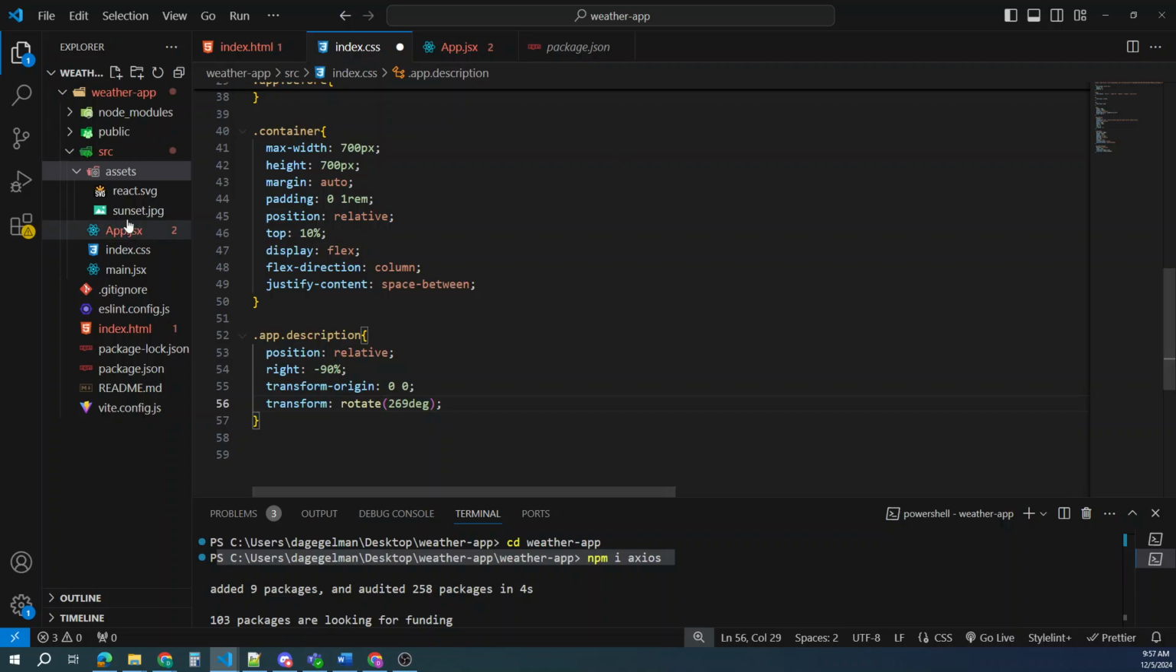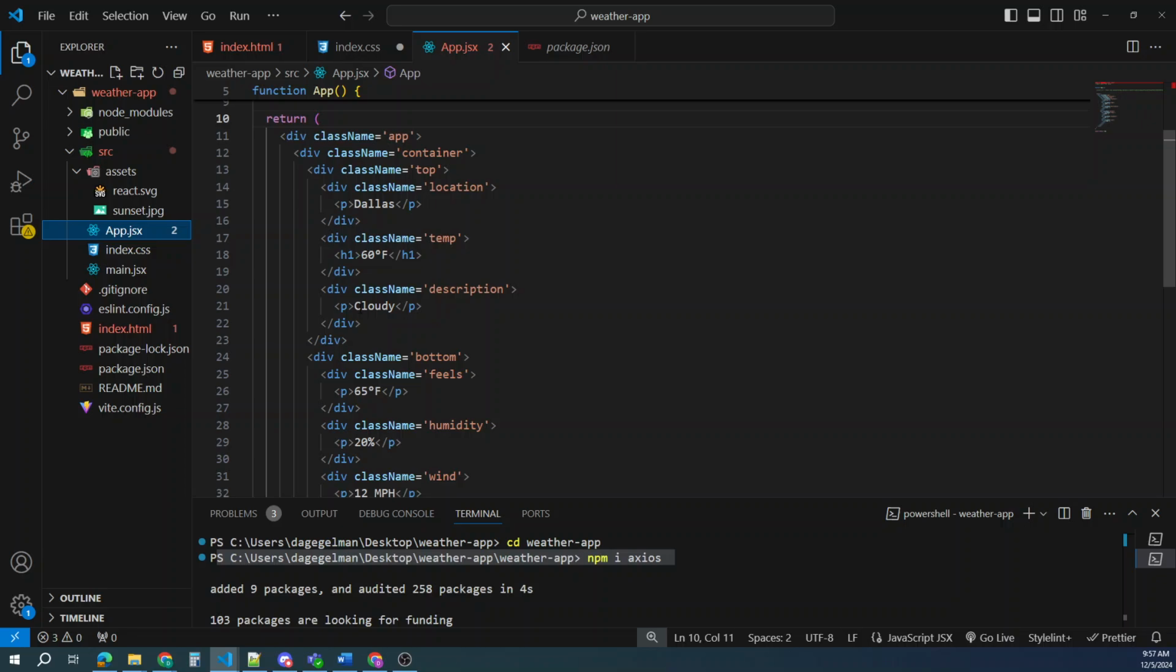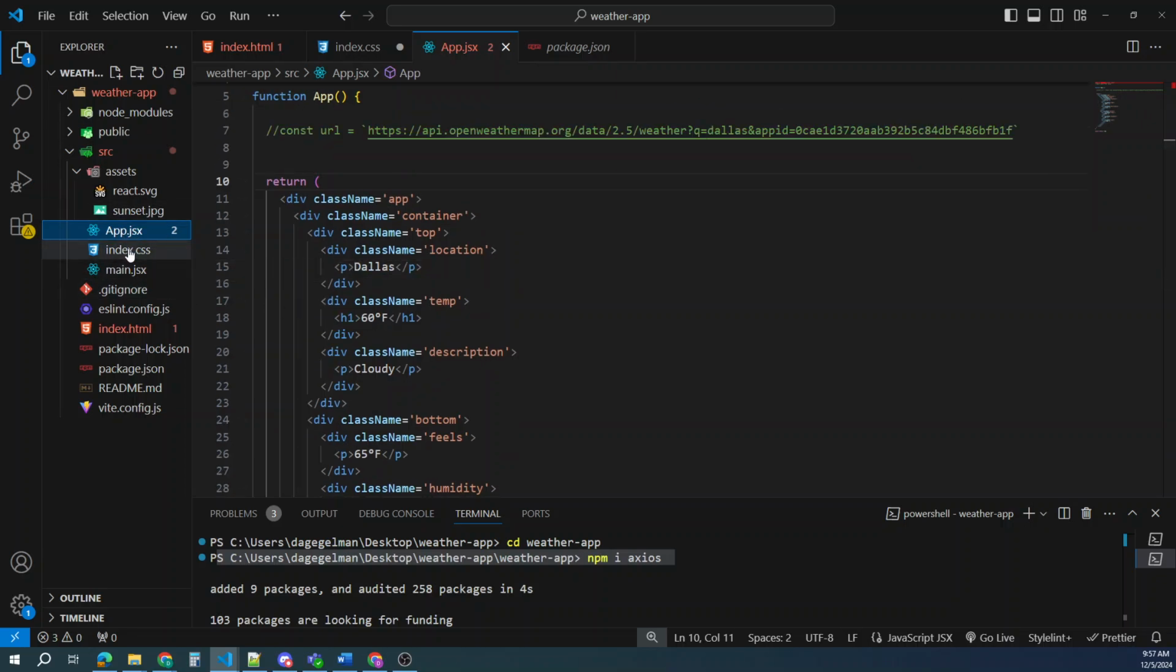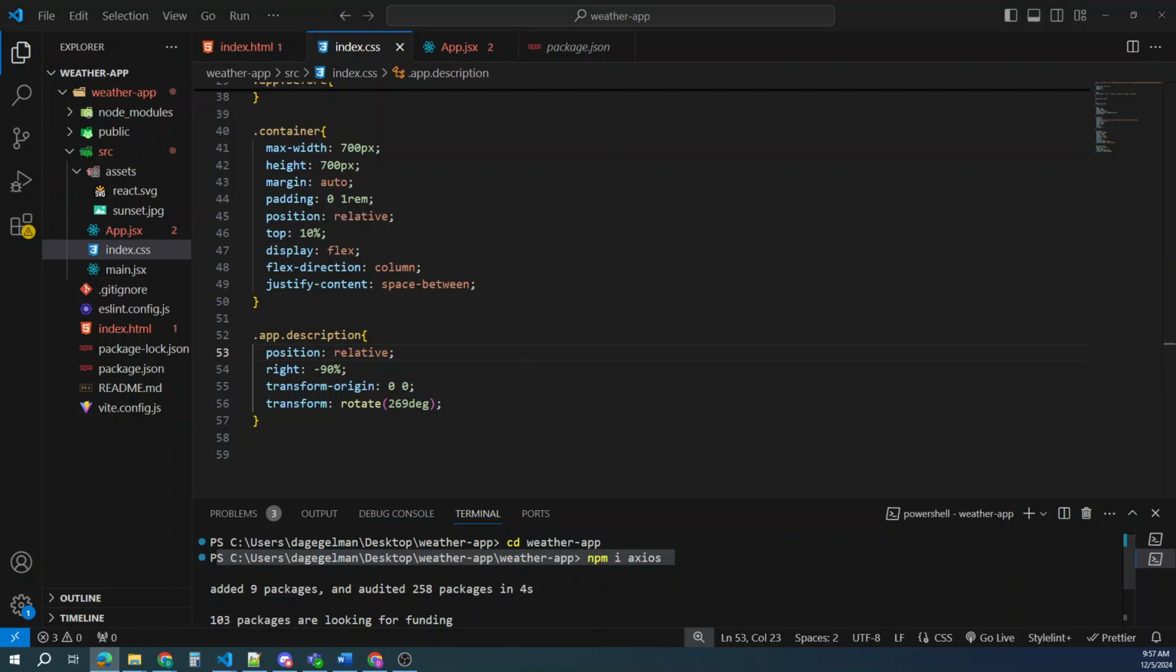So our description is going to be cloudy, and if we go look at this again, go save our index CSS, see if everything's coming up. I need to put a space in there. There we go. So that app class description does need a space in between it. And so you can see it moves the cloudy to the side. If you play with these degrees a little bit, you can see it kind of moves it around. 270 was too much. I don't think that's quite straight. It might be, but